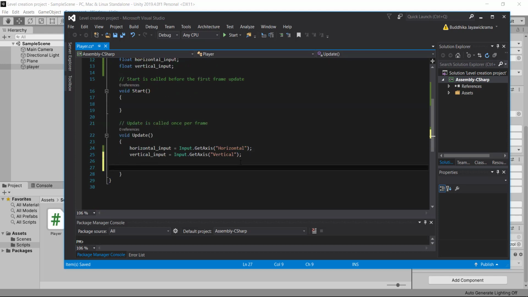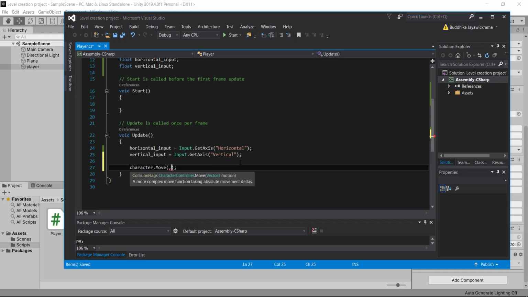We have a Move function specially implemented within the CharacterController class, so we can access it as character.Move.